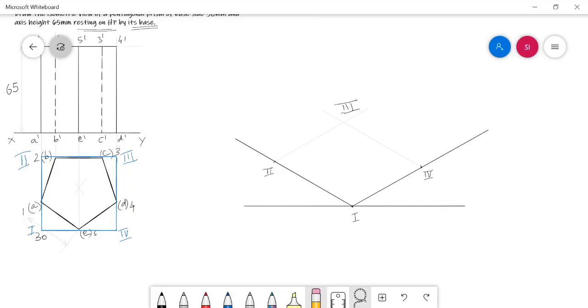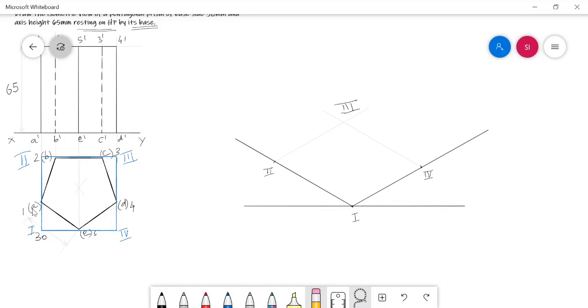Thereafter, this box is nothing but our guidance to mark the various corners of the pentagonal base. The pentagonal base is having 5 corners in the base: A, B, C, D, and E. These are located in the various sides of our box.